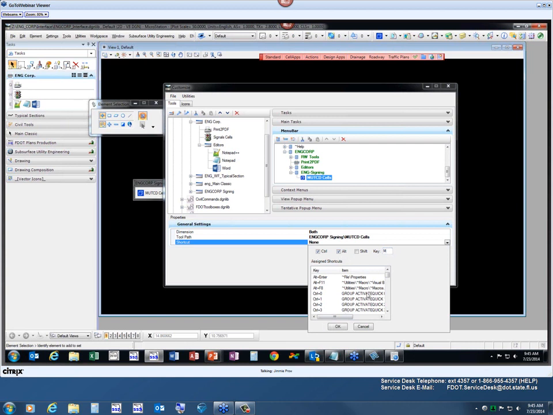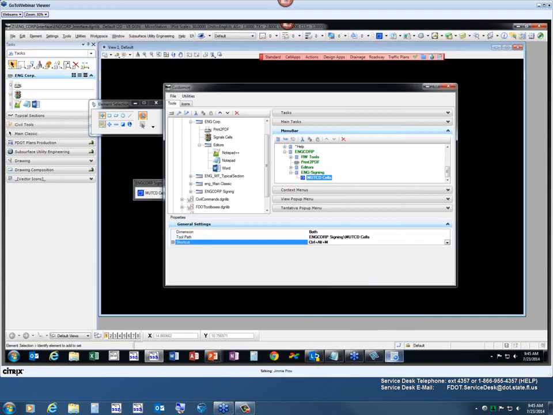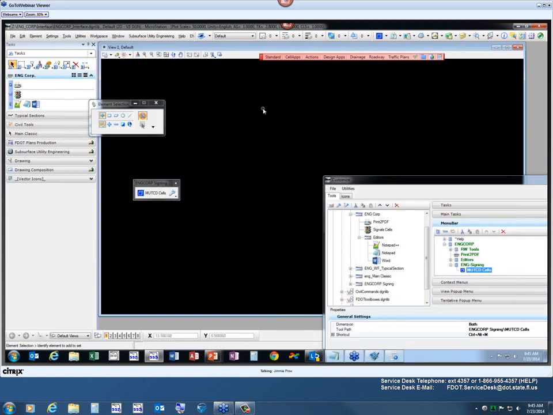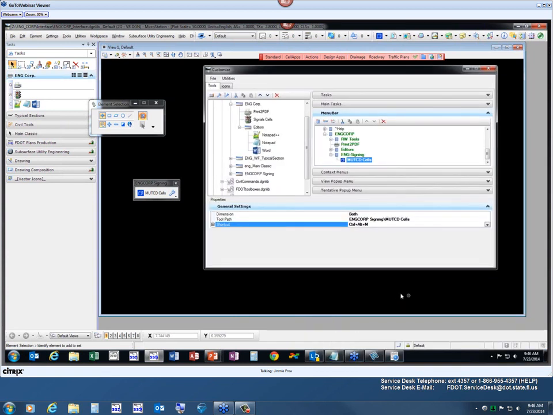Now notice it didn't give me the OK here, so that means that one's already being used. But if I say Control Alt and M, it gives me the OK button, so I know that one's not in use. So if I hit OK there, and now if I just come over in the design plane,